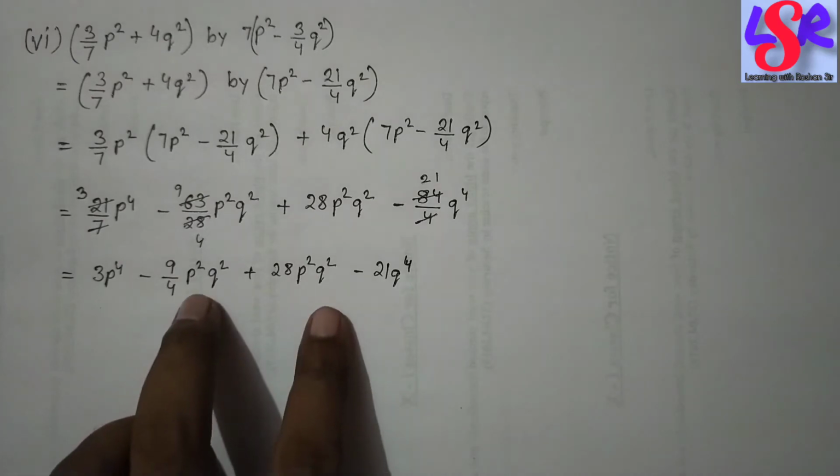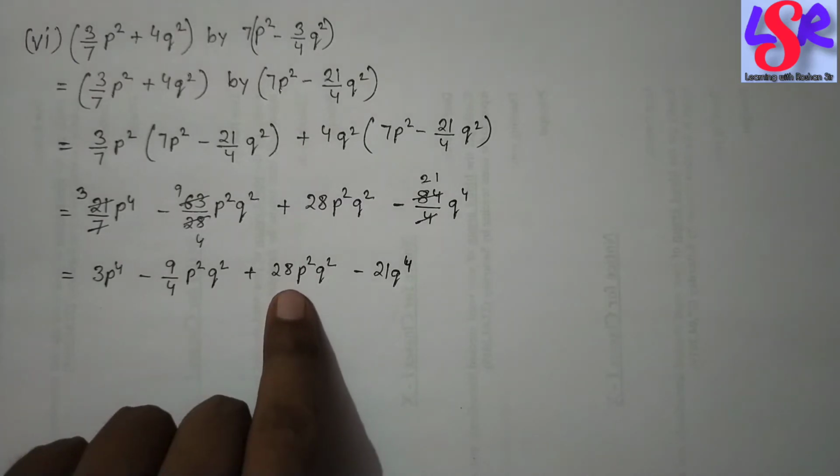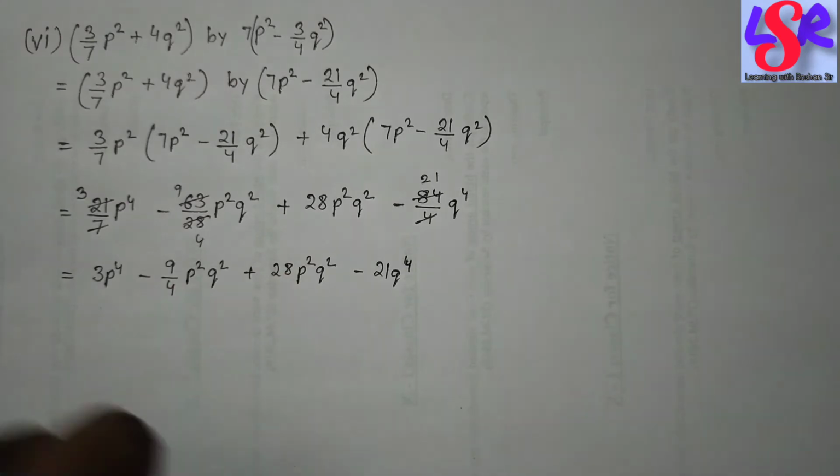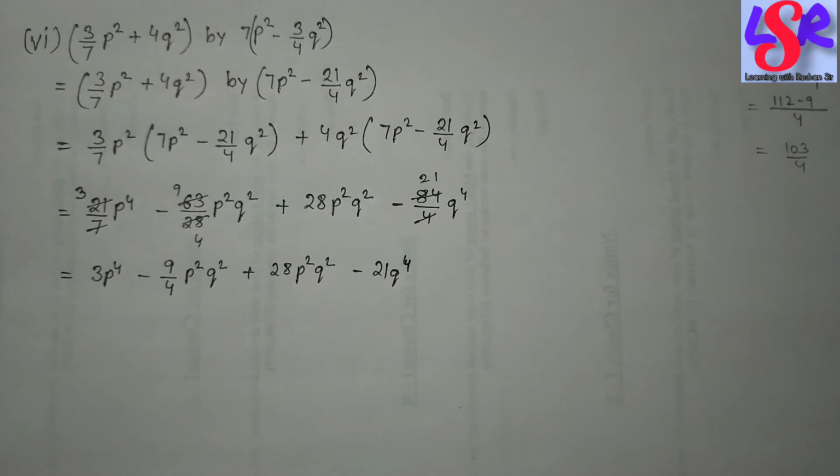So they are going to be solved further, and in that case we are going to subtract 28 by 9 by 4. And on subtracting 28 by 9 by 4 we get 1 by 103 by 4. Now we are going to replace these two by this 103 by 4, and here we get this one as the final answer. Now let's move to the next question.